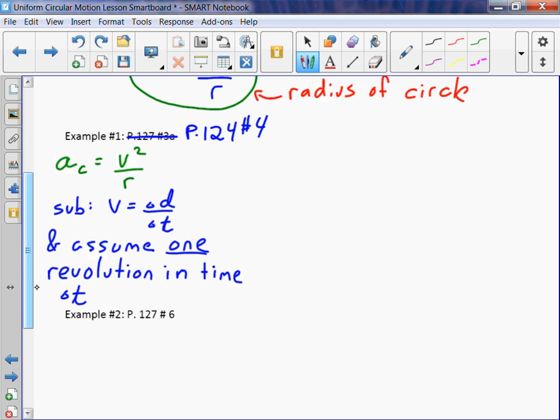If velocity is distance divided by time, then how far has the object moved in that circular path to go once around the circle? No distance. We're doing speed, not velocity. Circumference, which is 2 pi r, not squared. Okay, circumference is 2 pi r. So we're going to sub in